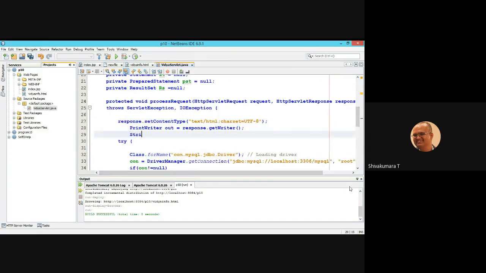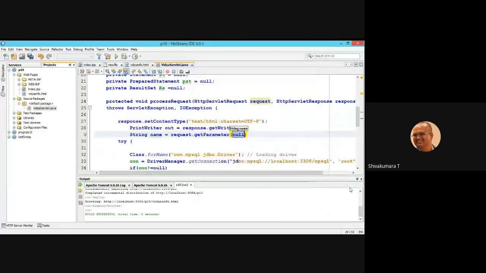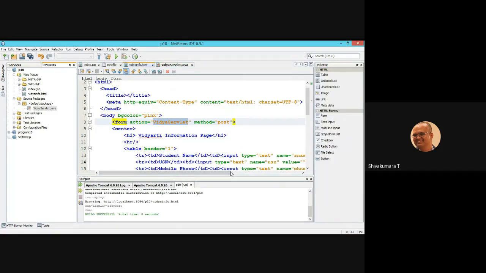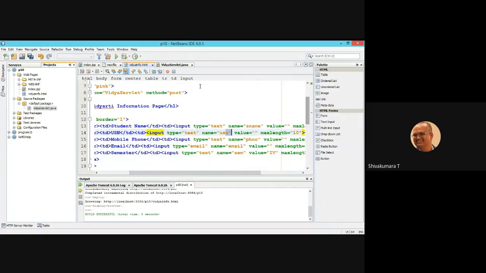That is, String name of the student equals request dot getParameter. What is the name you gave there? sname. Check if you are not familiar. The names are sname, USN, ph no, email and sem.